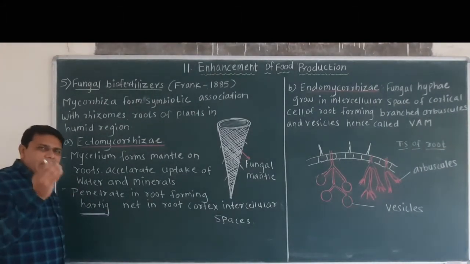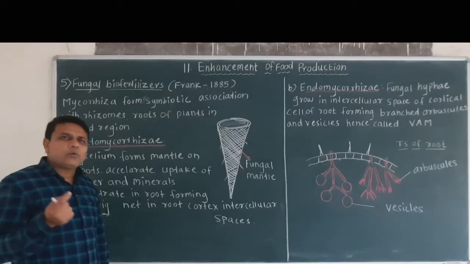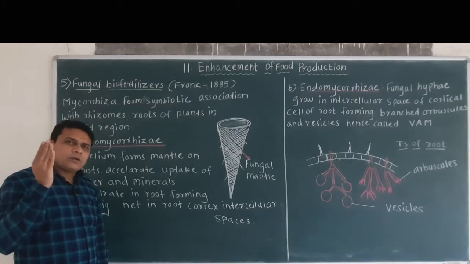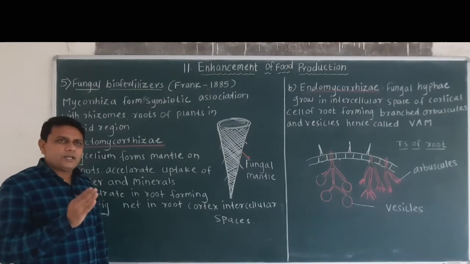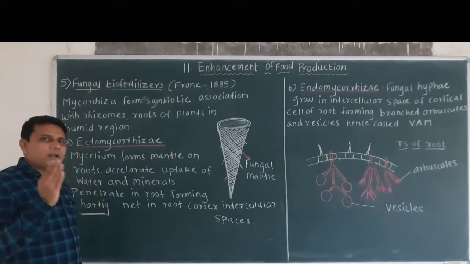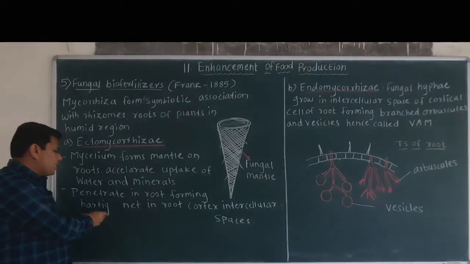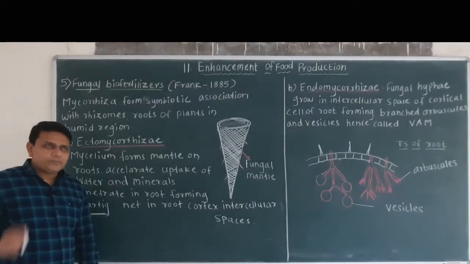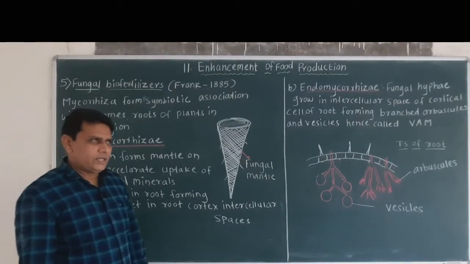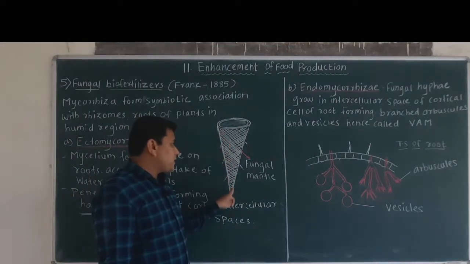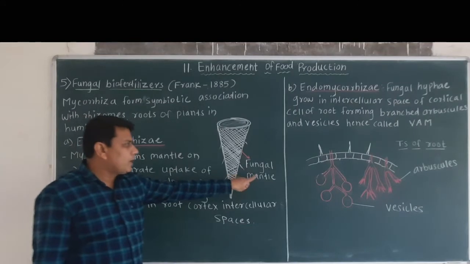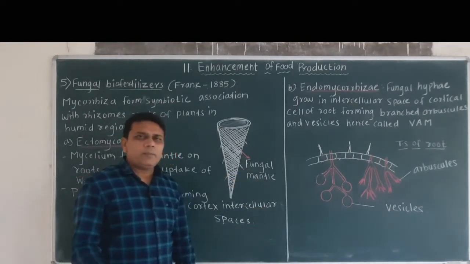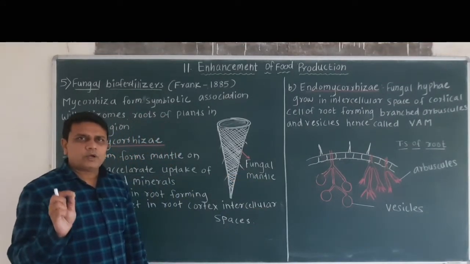That means the hyphae form a network inside the intercellular spaces of the cortex cell, and this net-like structure is called Hartig net. So ectomycorrhizae, which are present on the surface of the root forming fungal mantle, help in the absorption of water